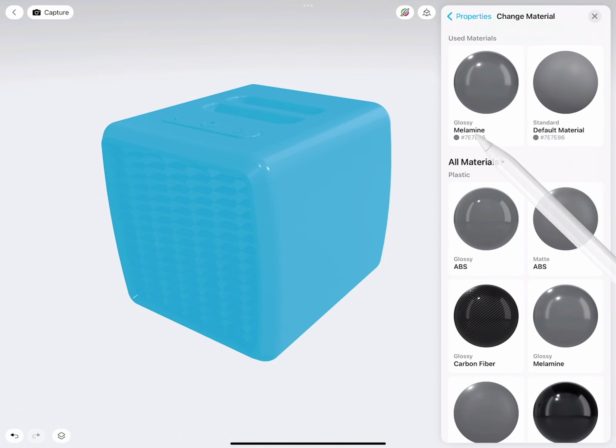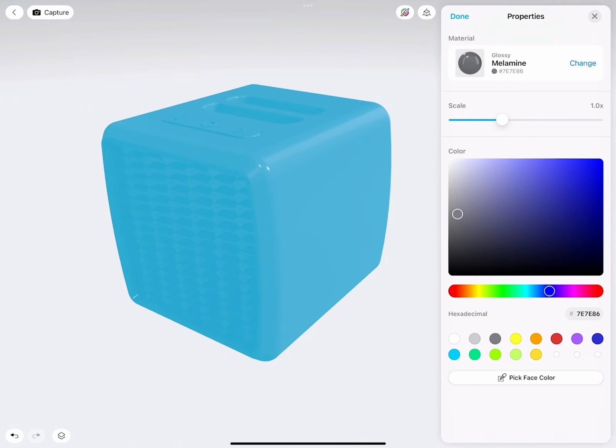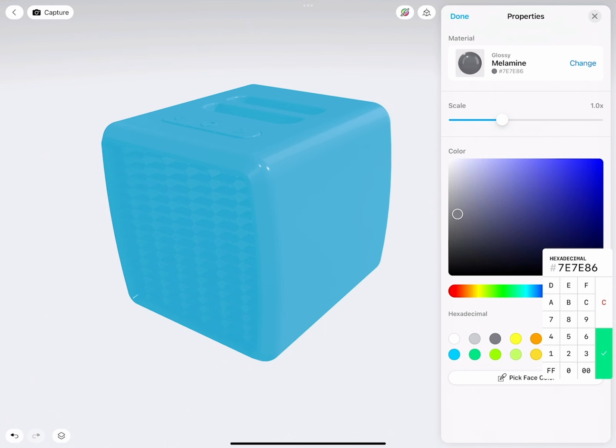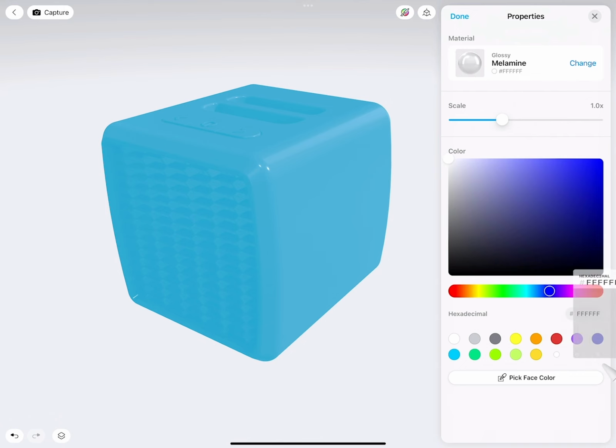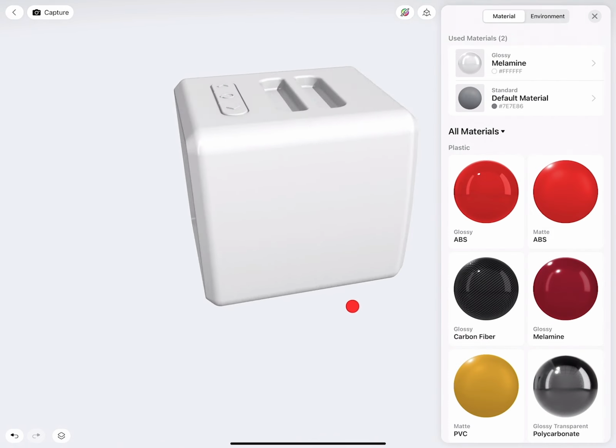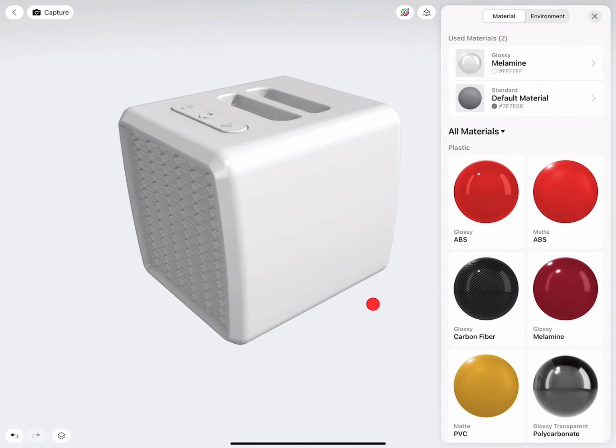Tap it. And then go back to here. And you see the hex color. For example, I have a particular color I would like to use, and that will be FFF. Enter. So perfect white. Now the whole piece is beautifully white.